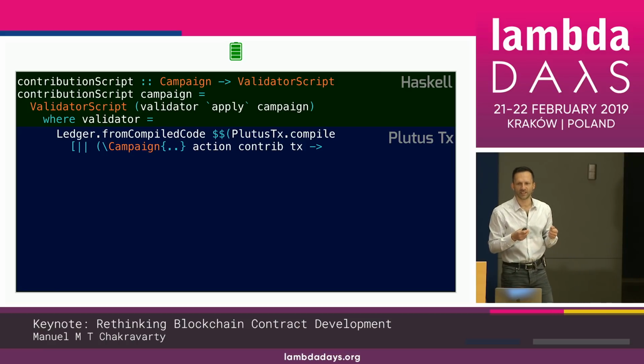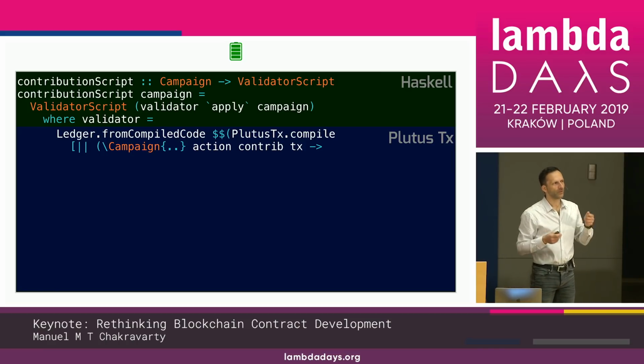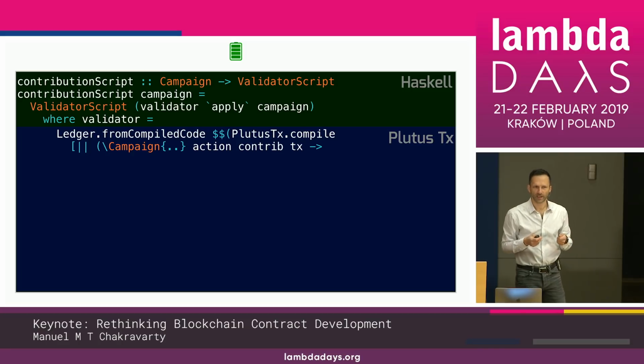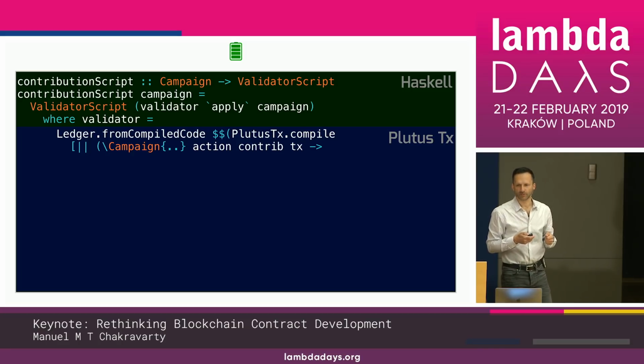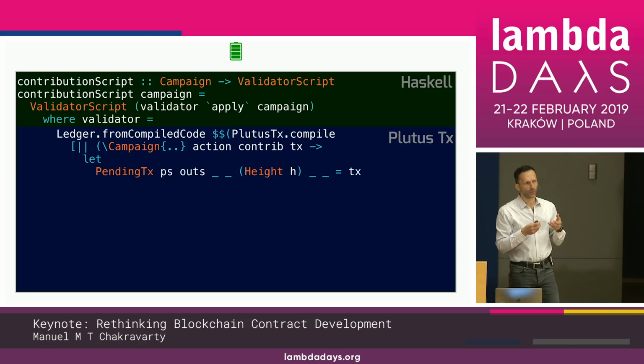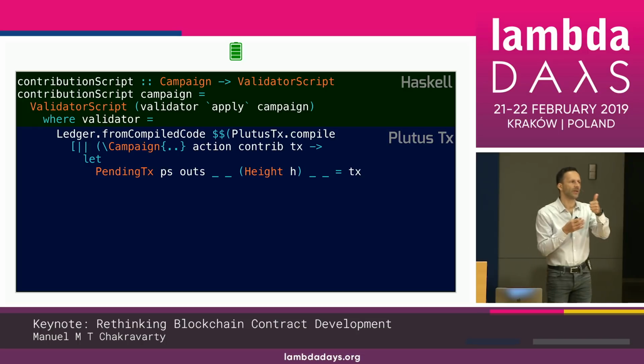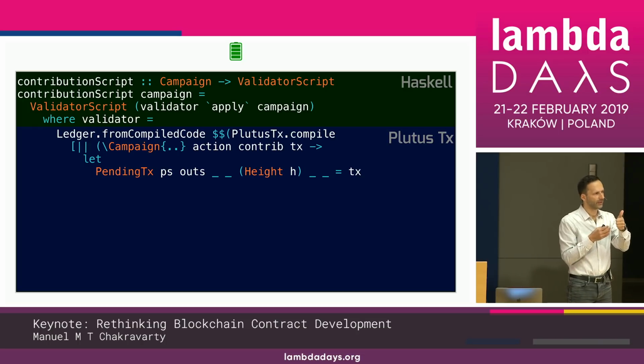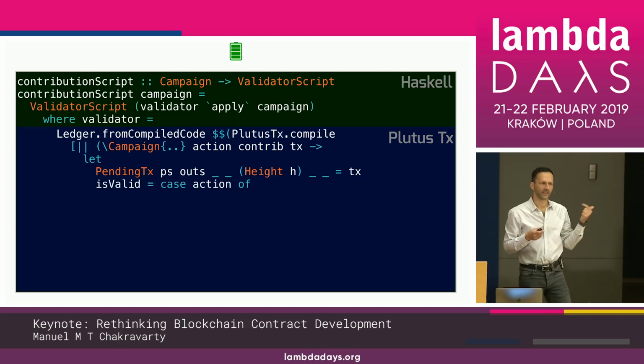What that basically means is, well, we want to use the Haskell to Plutus Core compiler and implement the following lambda abstraction, which gets a campaign, action, what's to be done, and the contribution. And now we want to validate whether this contribution can be spent. It can be spent in two cases. Either the campaign is successful, or the contributor can get a refund. So it makes sense to have a case distinction between these two cases.